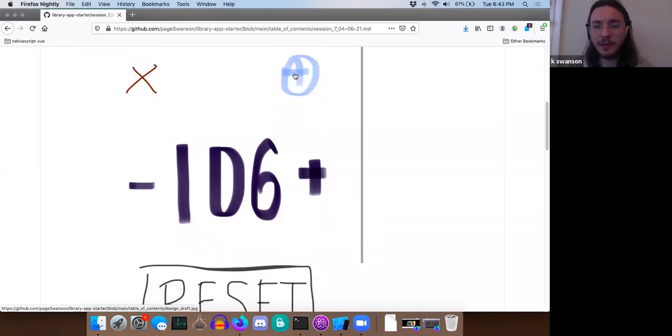We have a little icon here, which I just made a plus, but this might be so we can add an additional count, so we can run multiple counts at the same time in our app. We want to keep track of multiple numbers. And this way we could delete a count if we no longer care about keeping track of that number. I didn't really figure out what this would look like